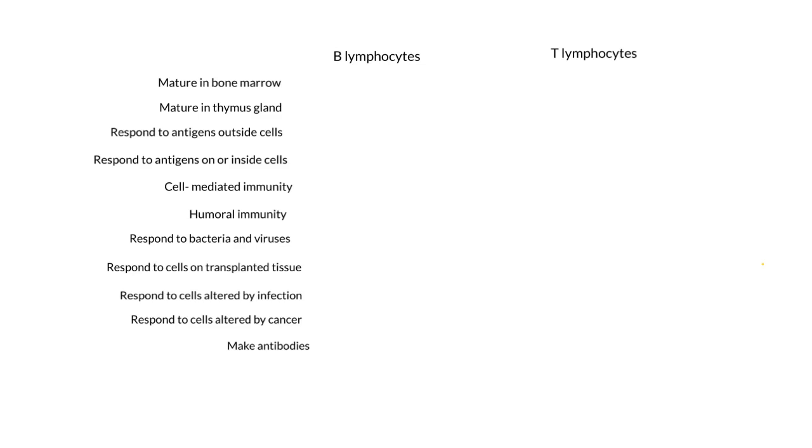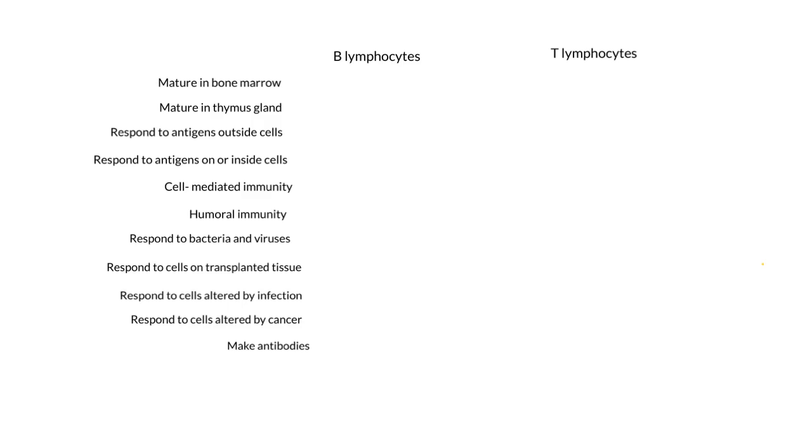The non-specific part of your immune system is the part that works no matter what you've been infected by or what's caused the damage. So, for example, clotting, antiseptic tears, inflammation, fever, phagocytosis. Those things are going to happen no matter what's causing the problem. The specific immune response is targeted at specific antigens, and the B lymphocytes and T lymphocytes work together in order to cause these responses to occur.